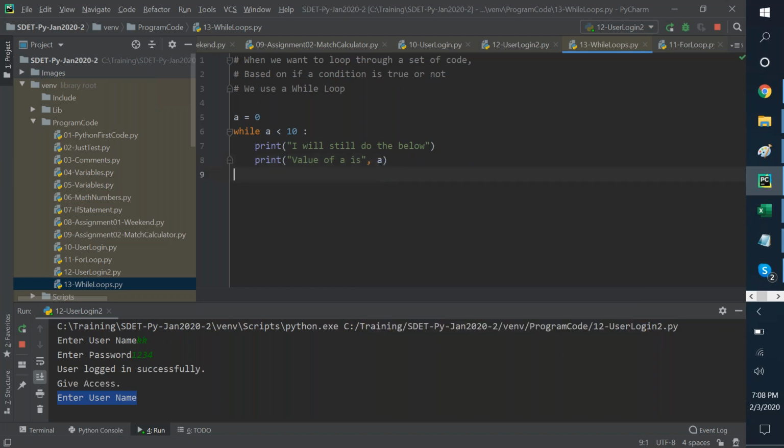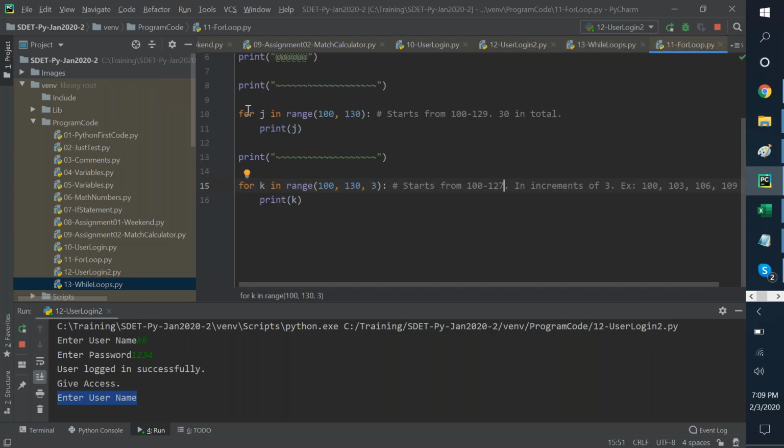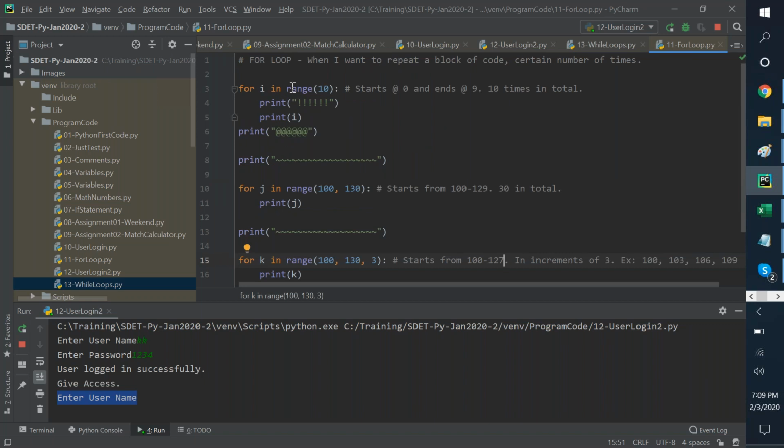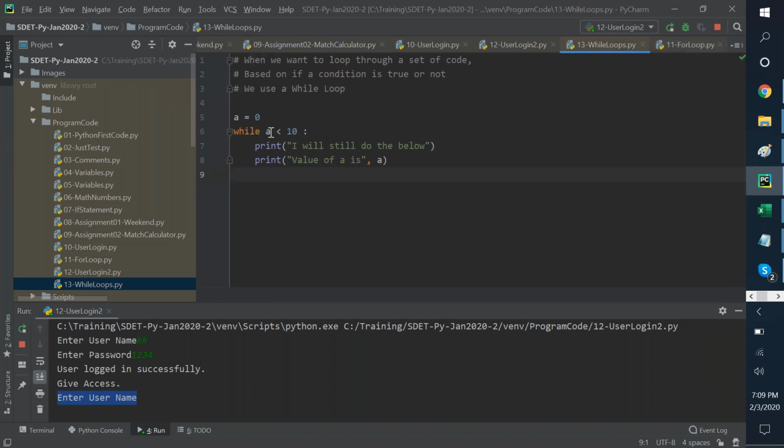Now let's observe what happens to this simple code, team. Unlike a for loop where I say for i in range of something, I have a while loop where I replace it with a condition. As long as a is less than 10, I want it to print.